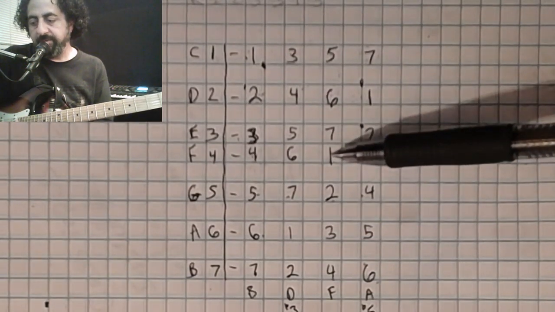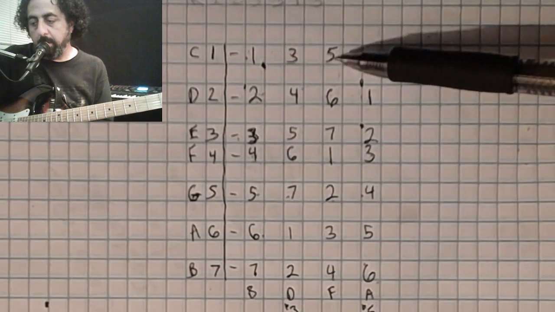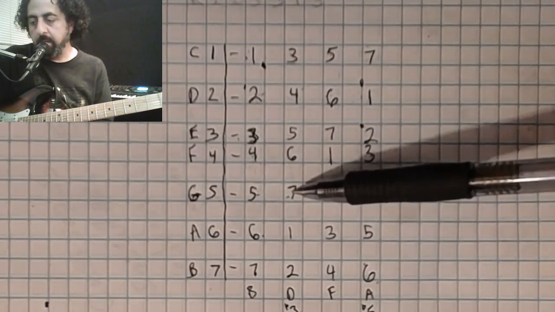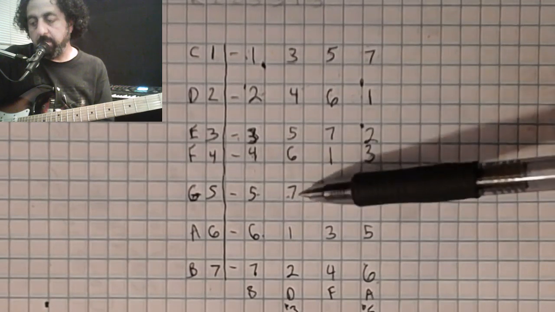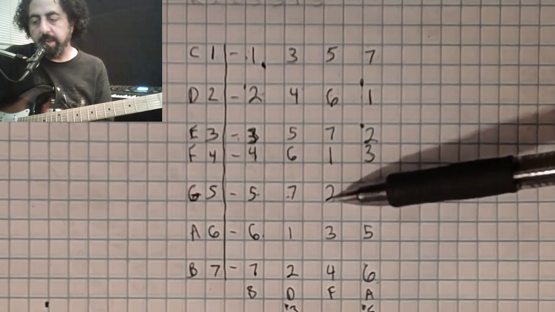And then going to the 5, from the 1, the relationship is the G and the B. G and the B. And then from the relationship to the 4 chord is the 4,